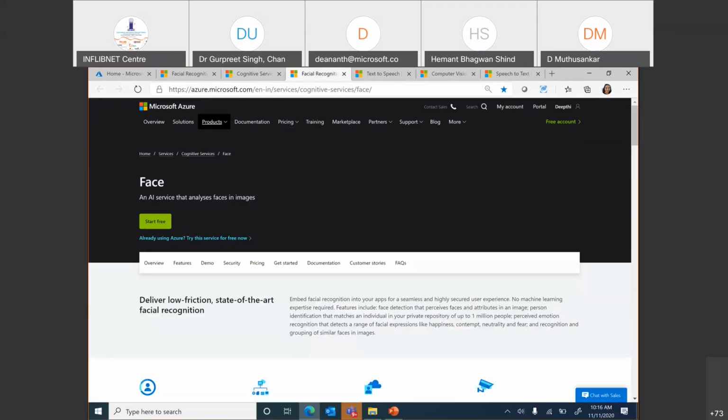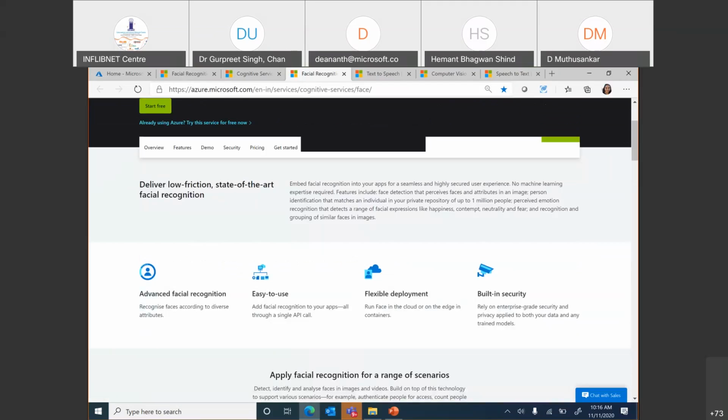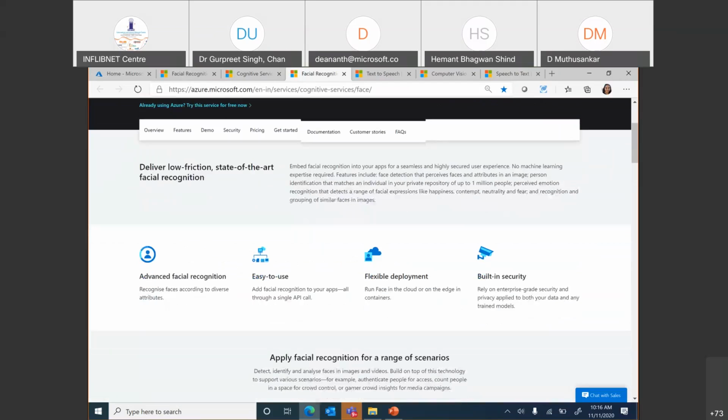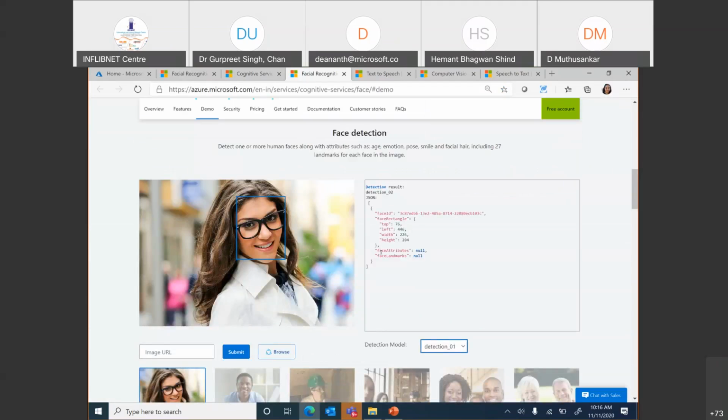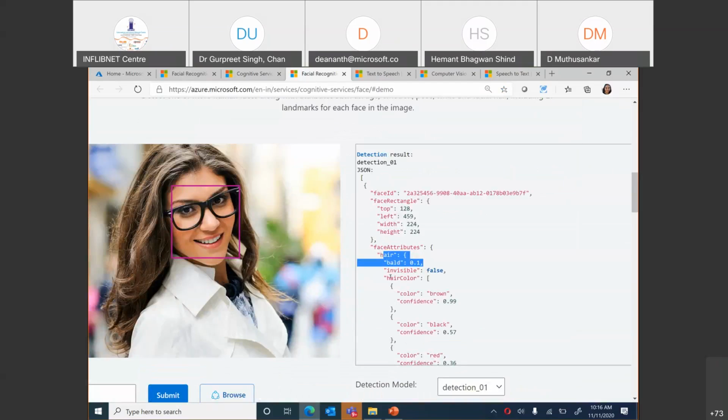It will help us to detect a face. We have got inbuilt models that have been trained on millions of images. So when we upload a face and ask what the features in the face are, you can see that when we call the API, the results are returned as a JSON output. So we can find out whether the person is bald or not. What is the color of the hair, which is an important attribute if the person is not bald.